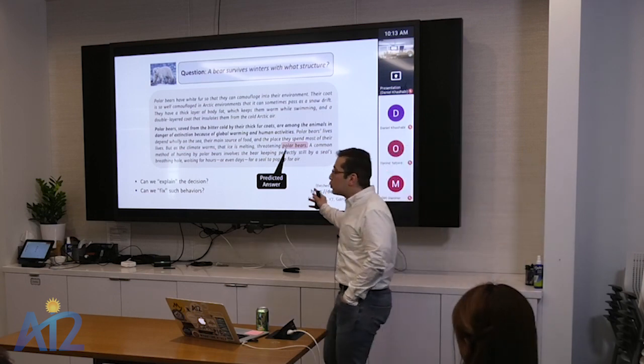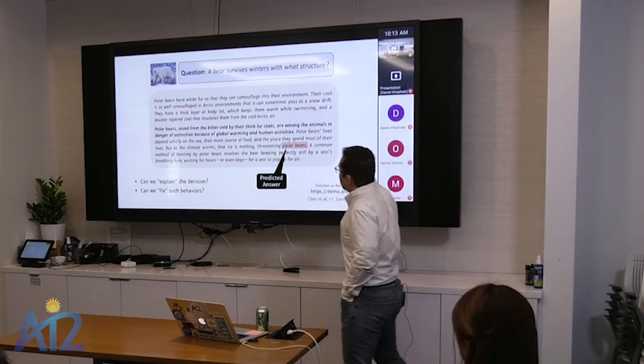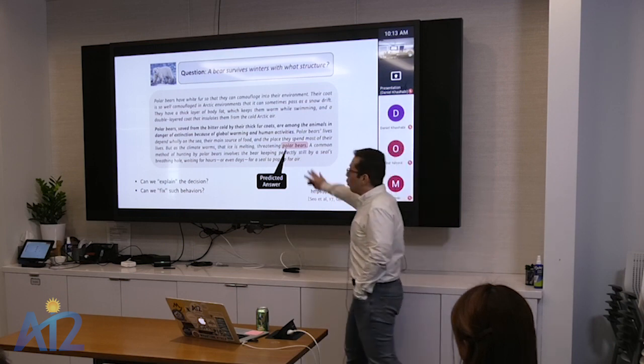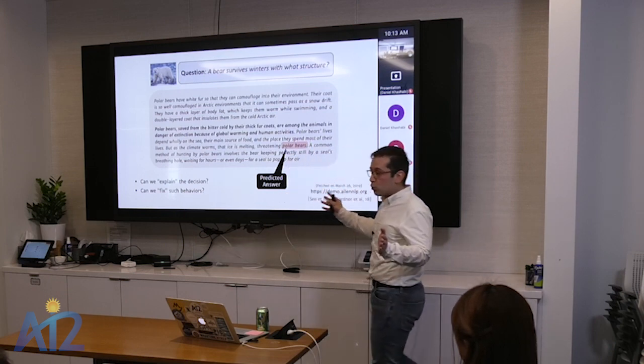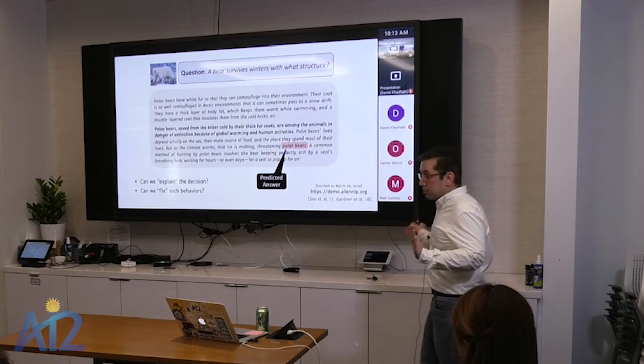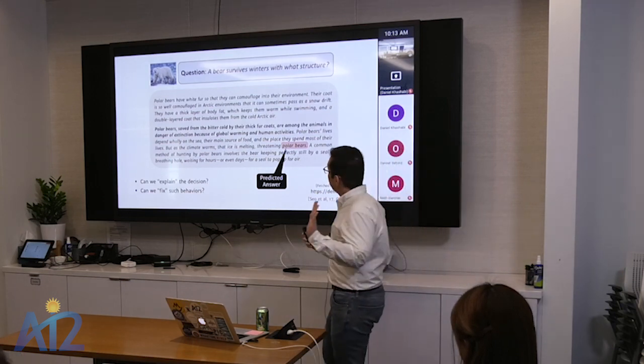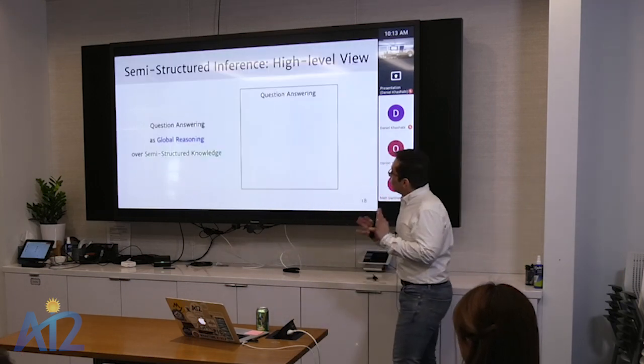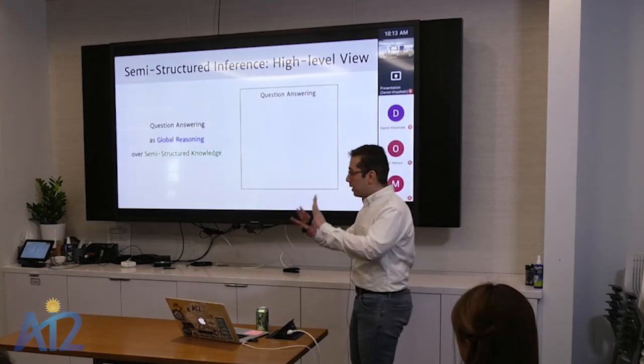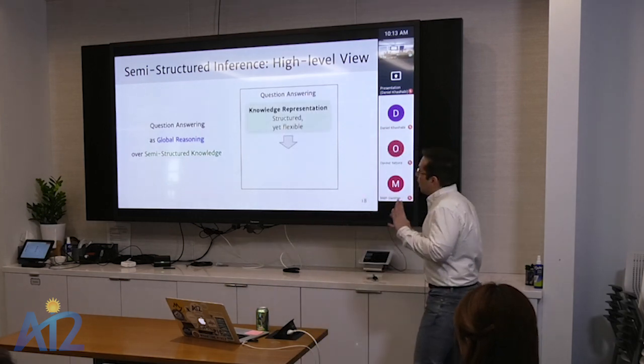And let's say, would you be able to annotate a collection of QA pairs that focus on polar bears in order to fix this? Is that a solution? It might work, but is it going to scale? That's the question. So in this talk, what I'm going to try to show you is something that has two